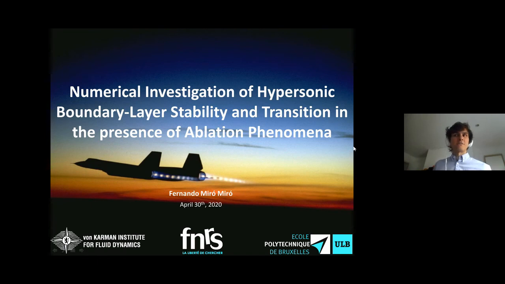So I don't think it's possible to conclude on the effect of nonlinearities from my work directly. I didn't look at nonlinear effects at any moment, so I wouldn't dare to say anything about that. I know Ludo has started to look at it, but again, with nonlinear effects, there's a bunch of other problems. You have to take into account the mean flow distortion, so you have to recompute all your properties on the fly, and well, there's a ton of other hurdles associated there. So I would say that we're not ready yet to say this or that phenomenon strongly affects nonlinearities, because, well, we haven't looked at it yet.